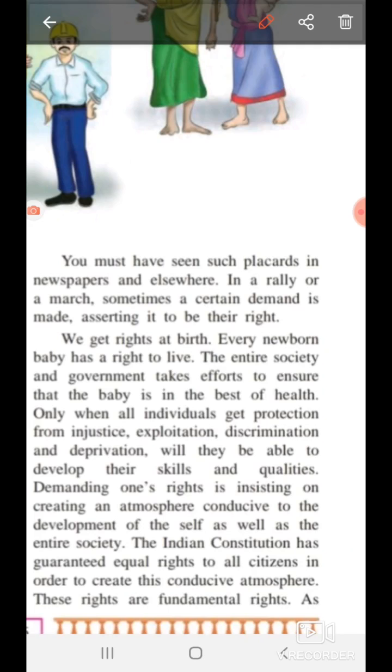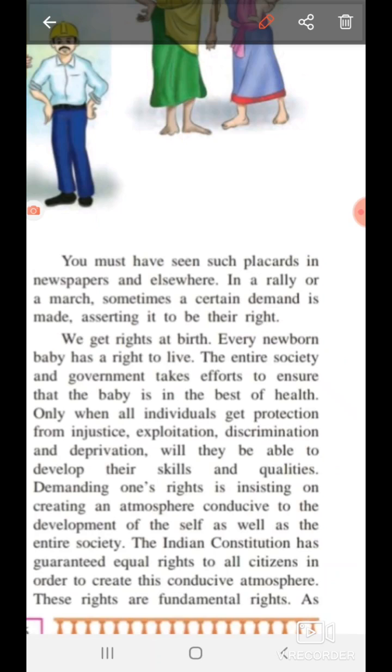of its health, and an individual gets protection from injustice, exploitation, discrimination, meaning difference, and deprivation. Will they be able to develop their skills and qualities? Therefore, if one gets their basic rights, what will happen? It creates an atmosphere very conducive, or good, for the development of his personality and as well as the entire